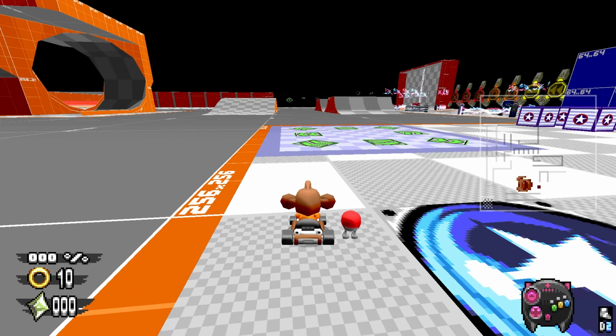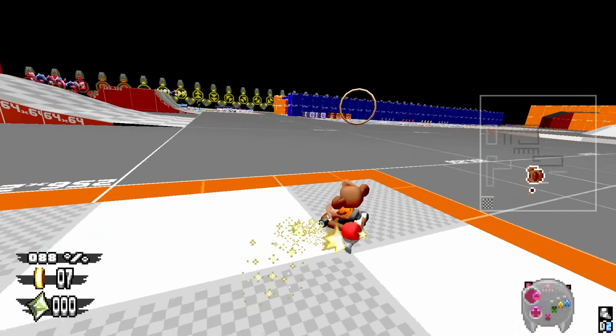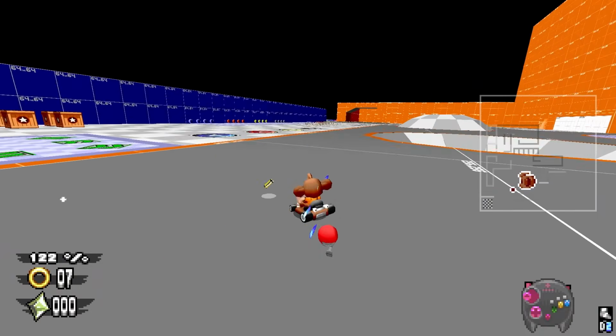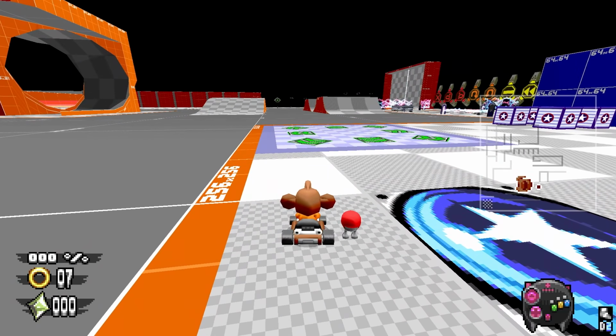These are sneaker panels, basically dash panels from Mario Kart. If I go over them and I hold drift, I'll drift. You can see my input display in the bottom right there. And if I continue to drift, I'll get a spark, and if I let it go, I'll accelerate quickly, just like Mario Kart. But if I instead tap drift,